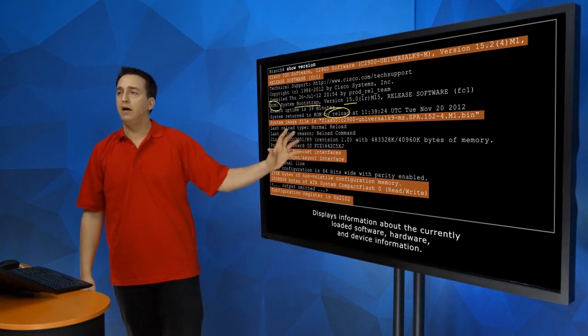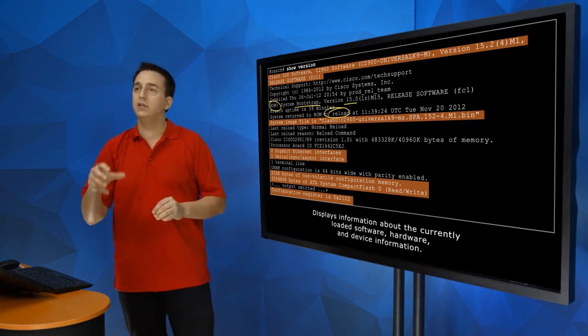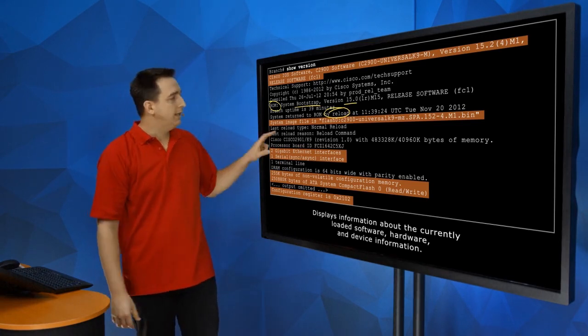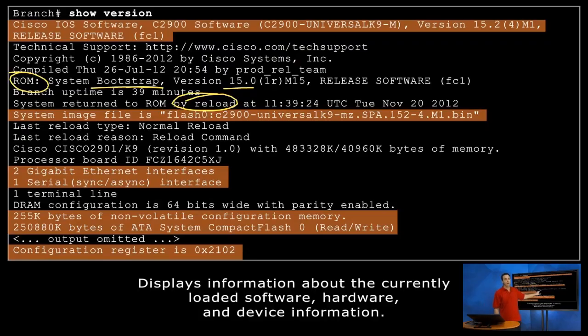We also have the ability to verify which iOS image has been loaded. So what is the current iOS image we are using? In this case, it was stored in Flash, and it's the C2900 Universal K9-MZ, period, SPA, period, et cetera, et cetera, et cetera. And it's a binary executable file. More information about any reloads that have currently happened, but then we can start seeing some information about the physical